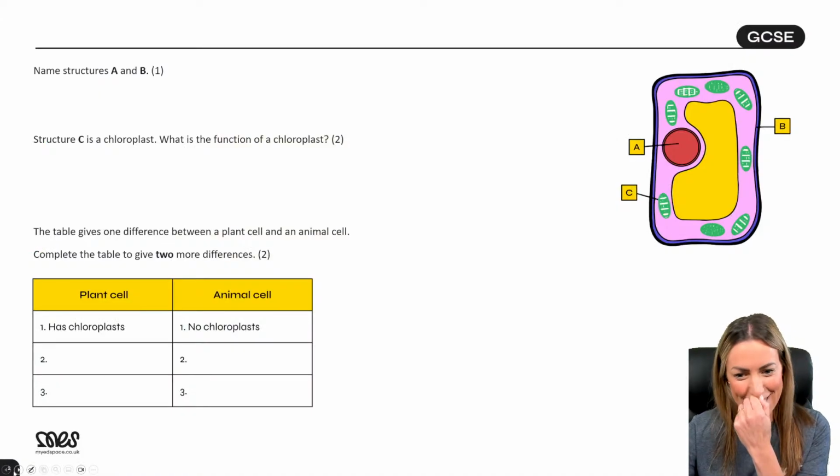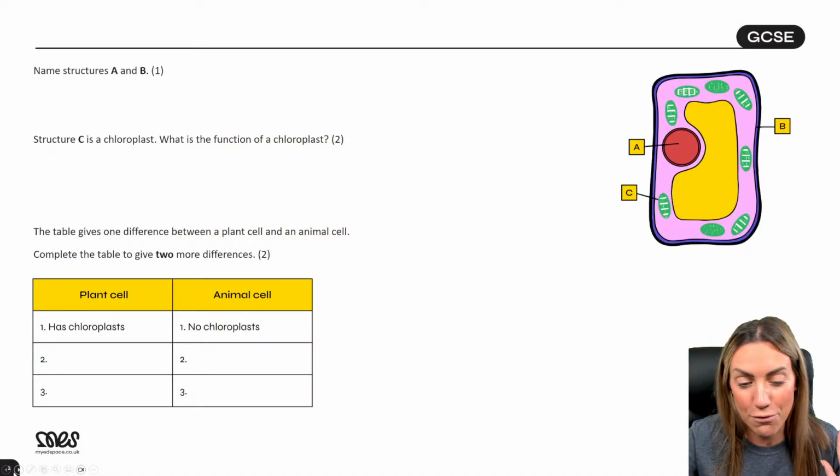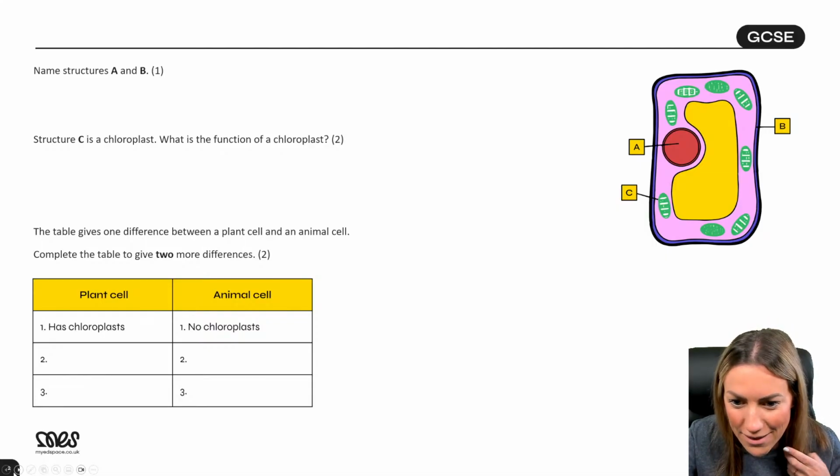Let's get started. Guys, we've got loads of questions to get through. We're covering questions from all parts of the paper one AQA specification, including cells, organization, immunity, and bioenergetics, okay?